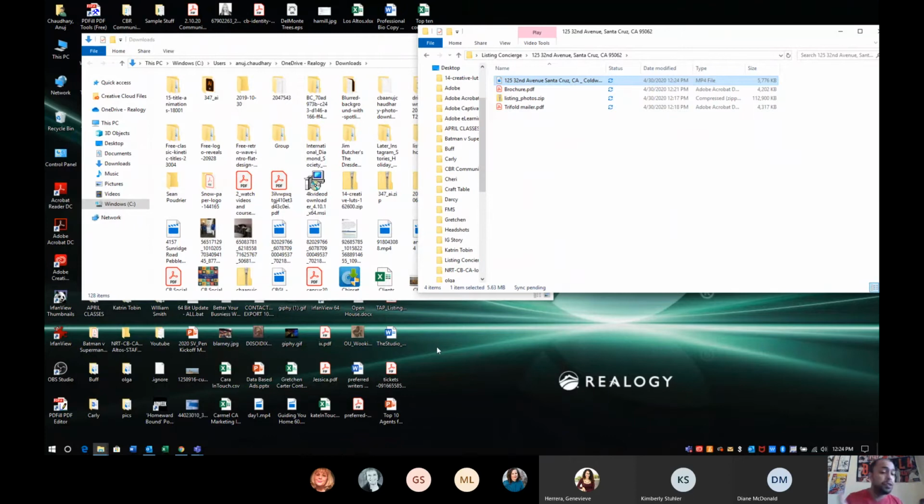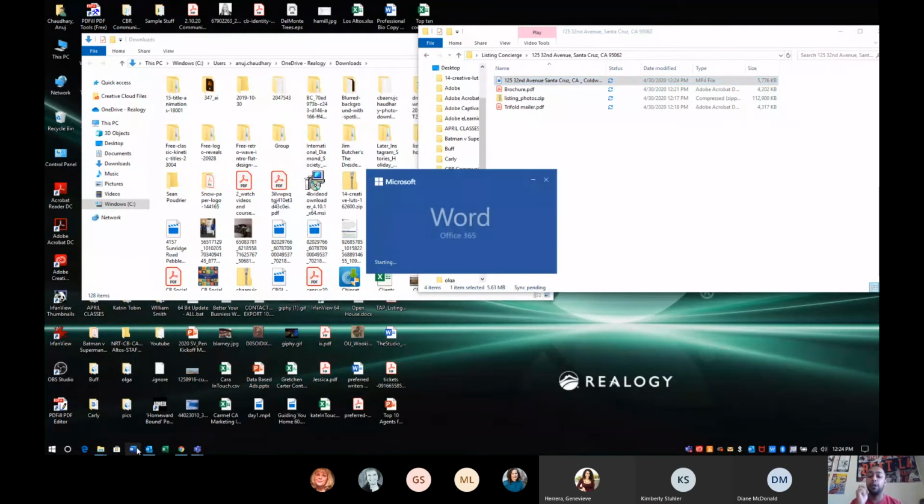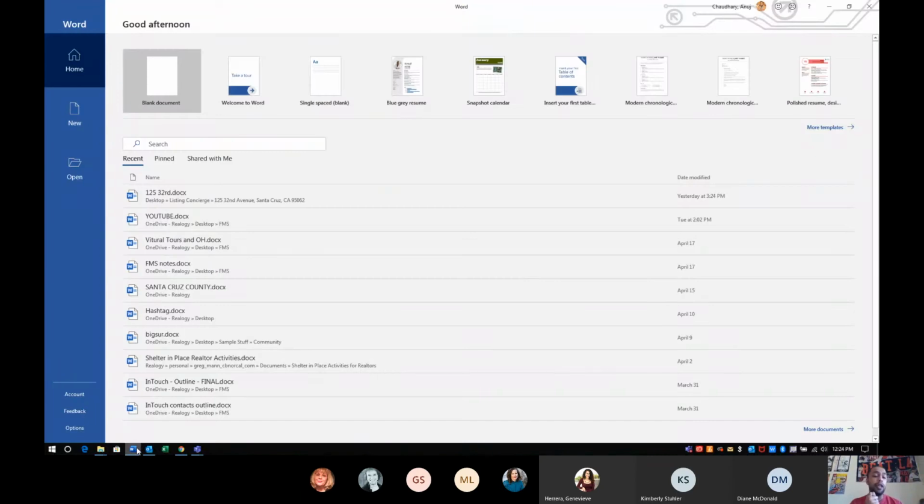Now, note, or a point on that, another thing you can do to save that video is also just save that web address. How would you do that? Easiest way, especially for things like your single property website, if you really like that, or the Matterport link that you have, because Matterports aren't a video that you can download. They're an interactive web